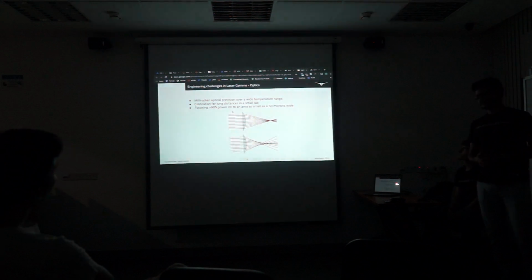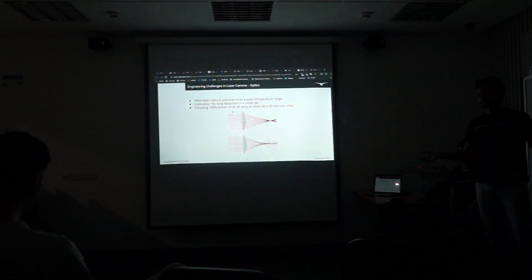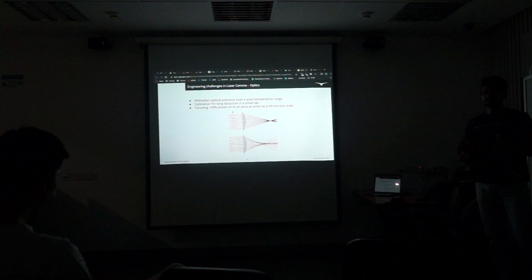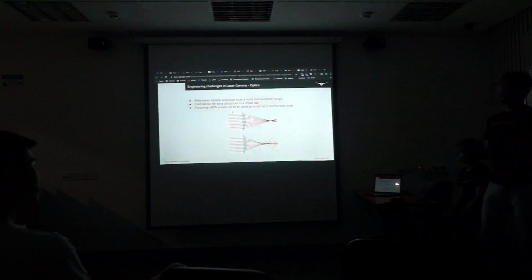You can imagine, if for a short distance you calibrate, everything is good. You take it to a distance of 3 kilometers. The 1 meter calibration that you did needs to work exactly the same at 3 kilometers. Even a small error, a millidegree or less than a millidegree, is going to translate to a huge error over a longer distance. So we need to make sure that we are able to test this whole system at a small distance, and it works the same at a large distance as well.